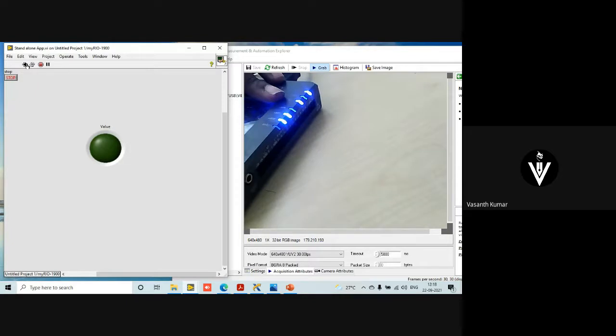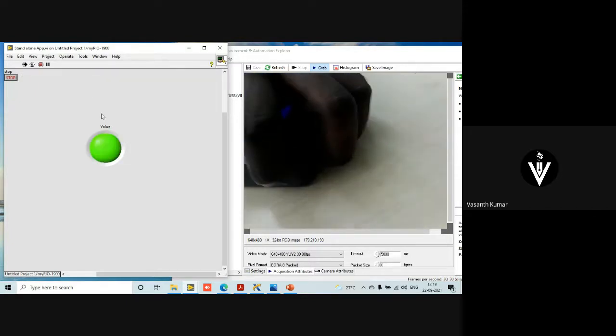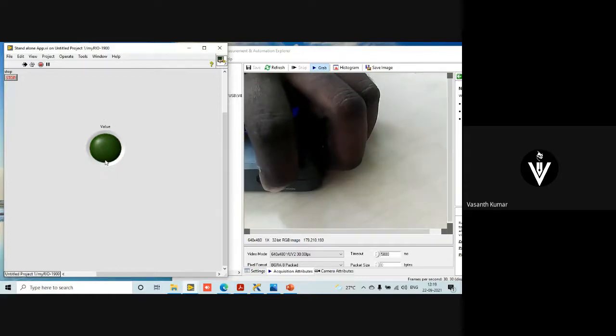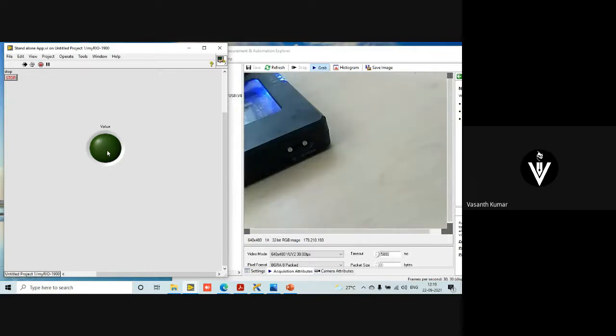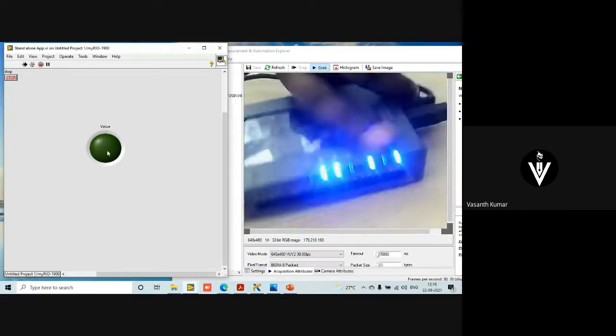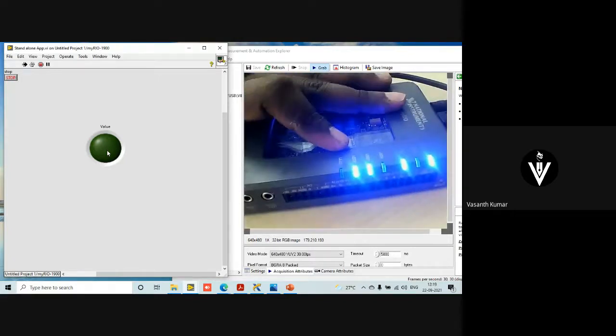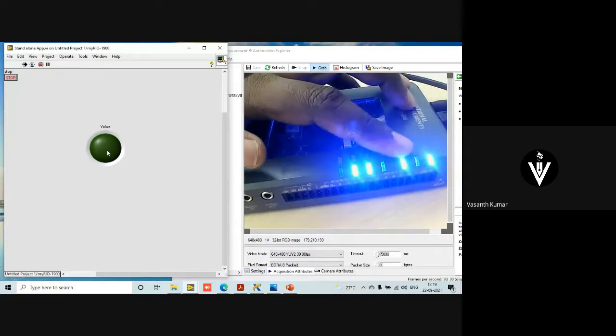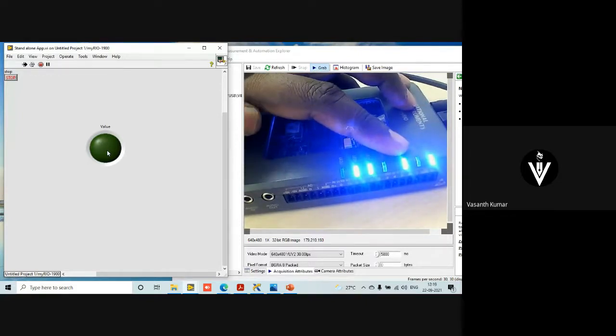Clear? So even though whatever I click here, you see on the front panel. Can you see? You see on the front panel what is happening. But who's making the action? Who's controlling this process? Once I click on this button, the LED should turn on and off, right? This process, who's controlling? Which processor is controlling?